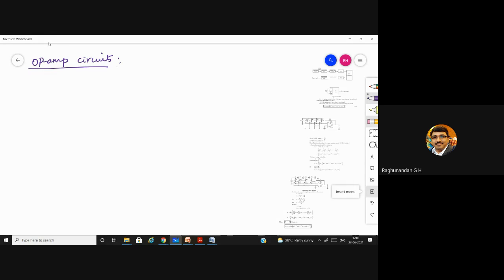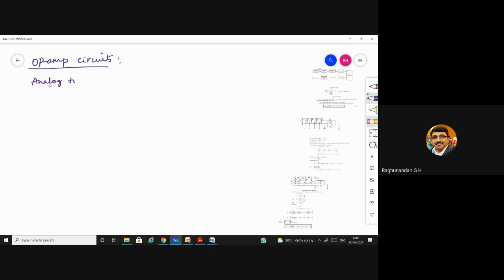After that, we are going to discuss filters, and the designing of simple filters will be discussed. So this is what we are going to study in this particular chapter. First, we are going to study analog to digital and digital to analog converters. In short, we are going to call them A to D and D to A converters.